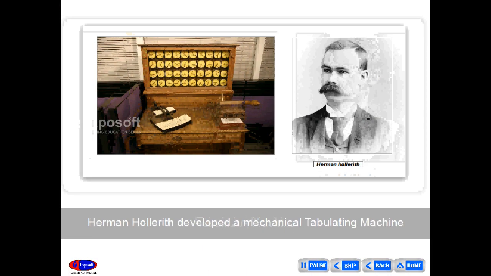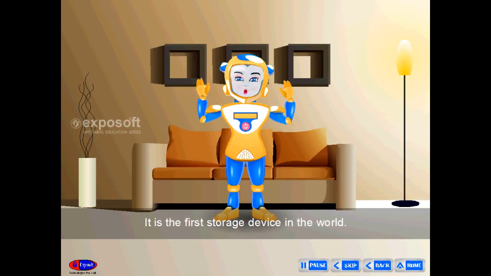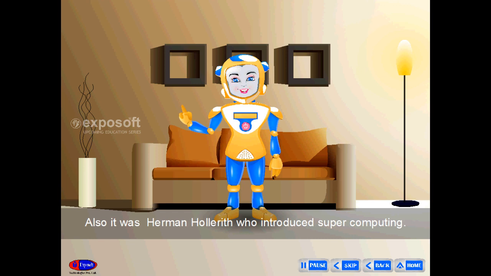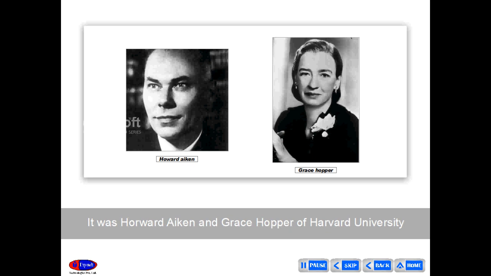Tabulating Machine. Hermann Hollerith developed a mechanical tabulating machine based on punch cards for input processing and data storage. It is the first storage device in the world. Also, it was Hermann Hollerith who introduced supercomputing. Mark I. It was Howard Aiken and Grace Hopper of Harvard University who designed Mark I, the first programmable electromechanical